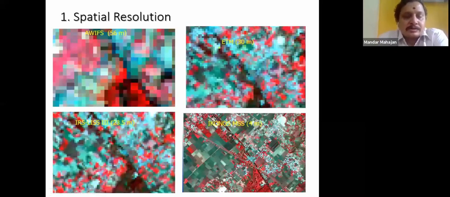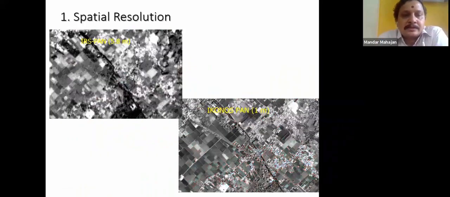Now the spatial resolution, as said, is the pixel size, and there are different sensors which are giving different resolutions. One is the WiFS, which is having 56 meters. All these sensors I'm showing here are at the same altitude. There is the ETM sensor, which is giving a resolution of 30 meters. IRS LISS gives 33.5 meters. Then there is IKONOS MSS, which is 4 meter resolution. Then the IRS Panchromatic is 5.8, and there is also one more with 1 meter resolution.